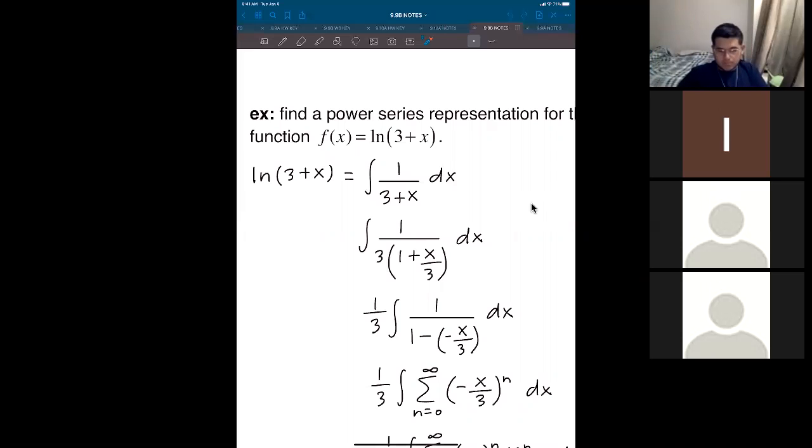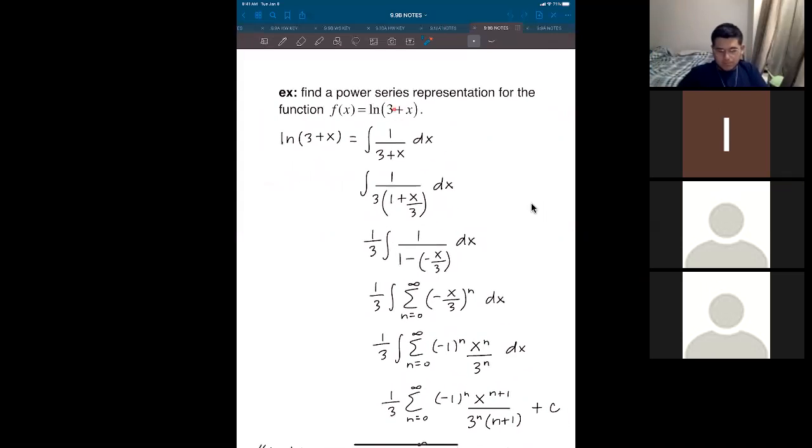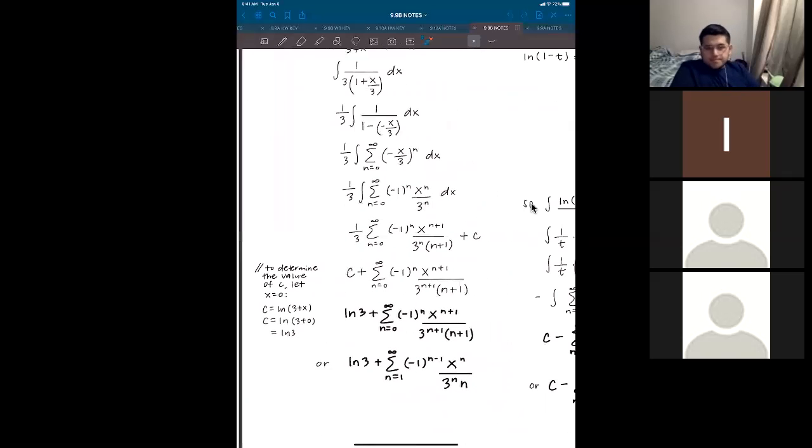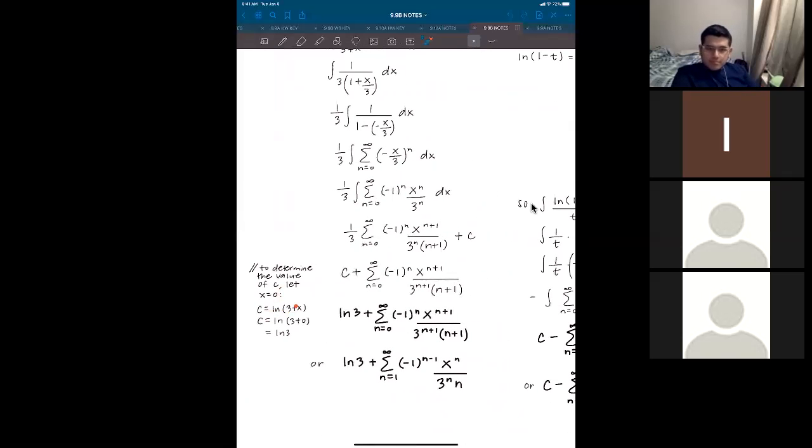Okay. So if we have natural log, again, you're integrating, and in this problem we get it set up so that we can take this 3 plus 1 x, factor out 3, and then finally it's in the form of 1 over 1 minus x. Once you get something in that form, you can directly take this negative x over 3, raise it to the n, and put sigma. And then this is the problem where we integrated, put our c, we solved the original function